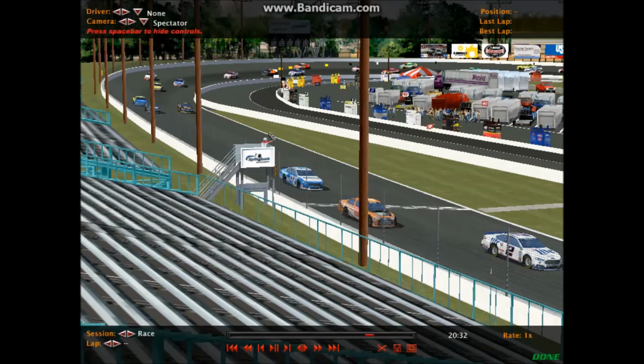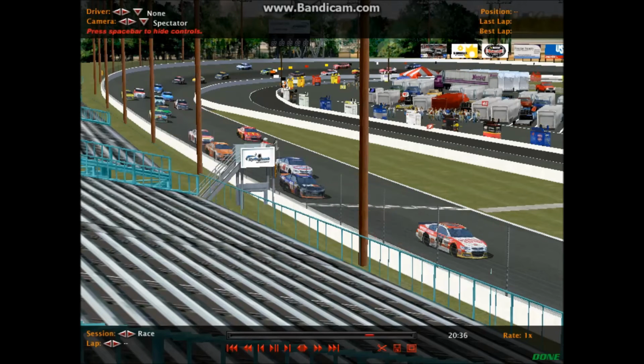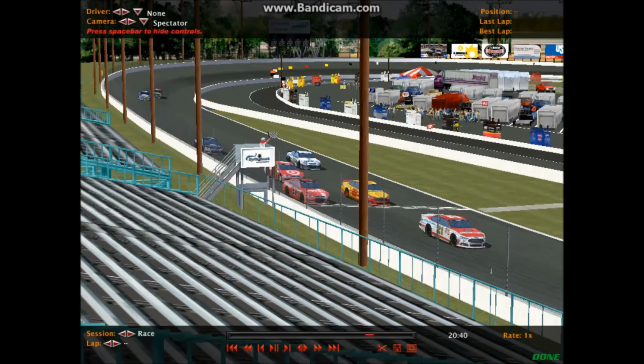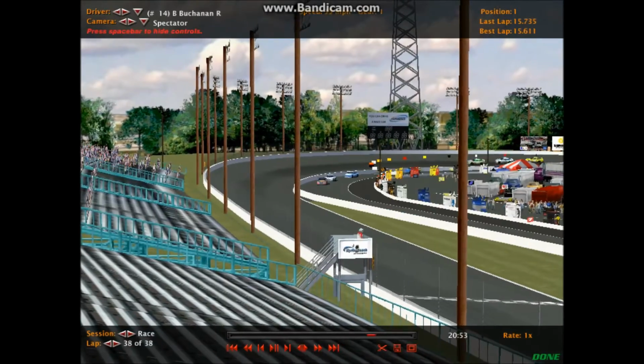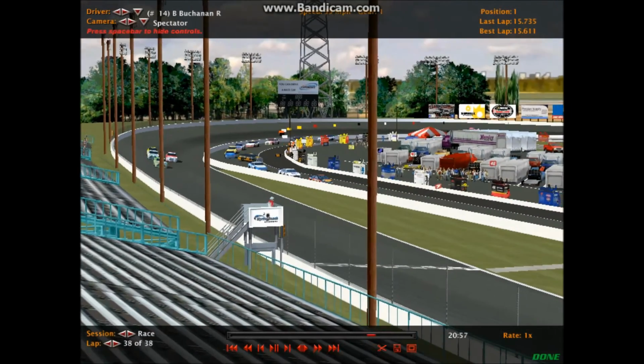Bubba Buchanan wins the first ever race at Myrtle Beach Speedway. I know it wasn't that much of a race, but after having to scrap plans at New Jersey Speedway, which once again, I really need to organize my schedule just a little bit better. But there's a winner, Bubba Buchanan. He won in one of the most dominating fashions I've ever seen